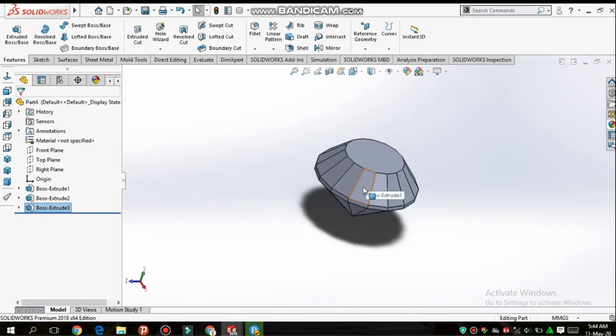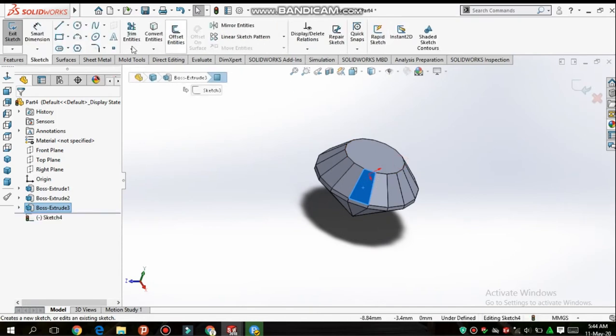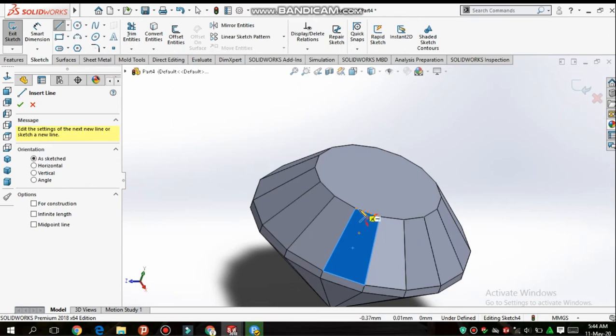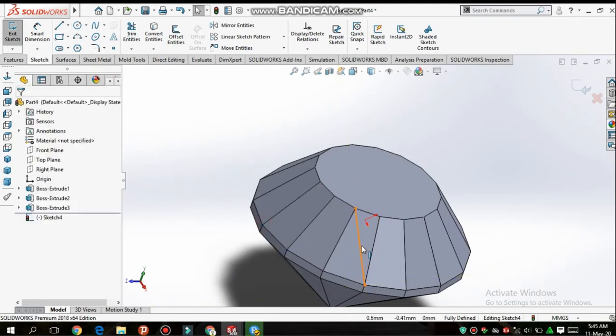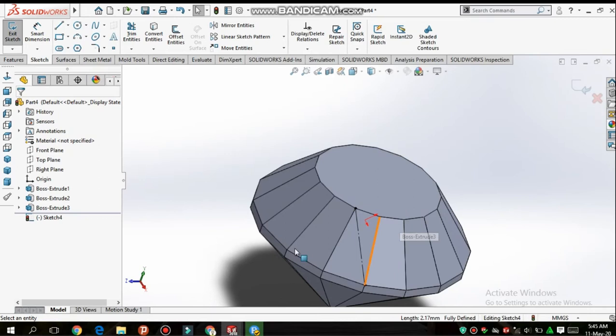Now select this face, sketch, select the line command and draw a line from that point to this point. Exit from line, select this line and make it construction geometry.